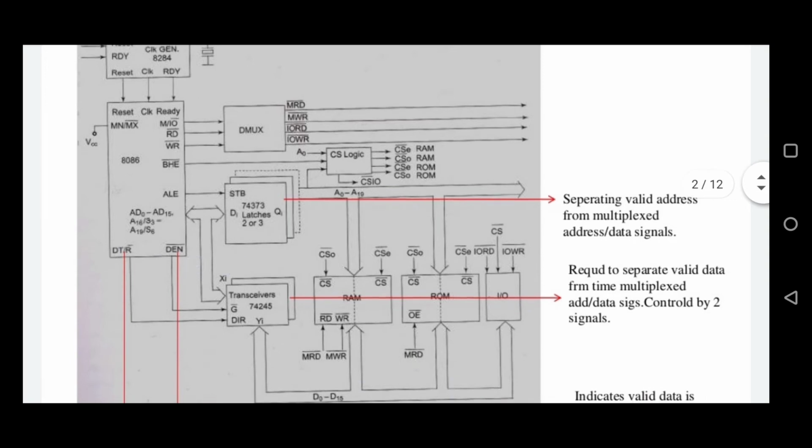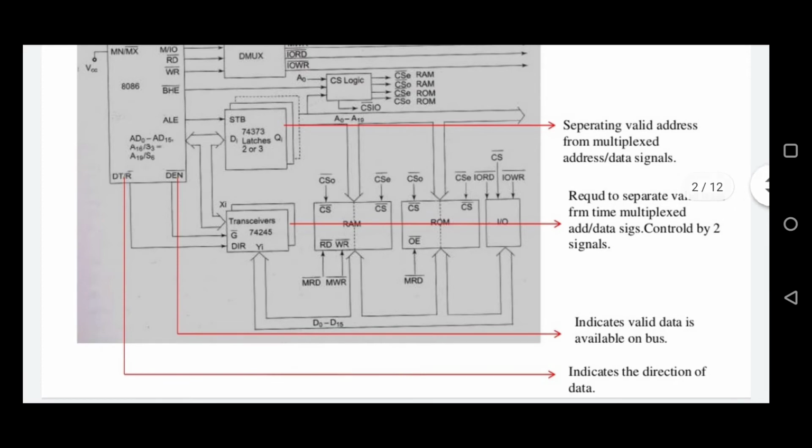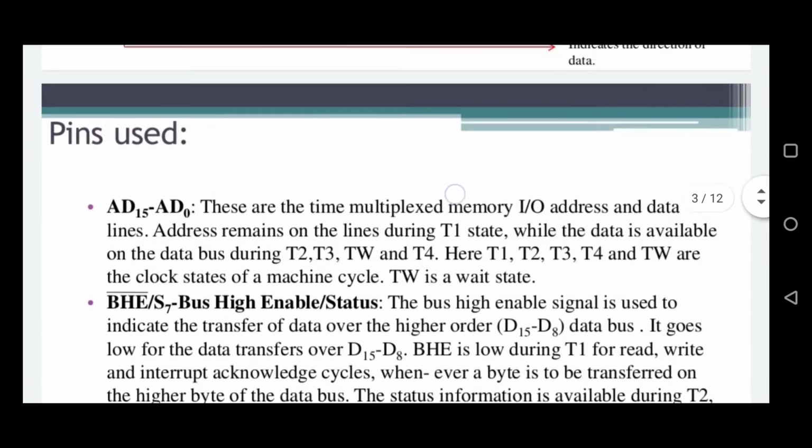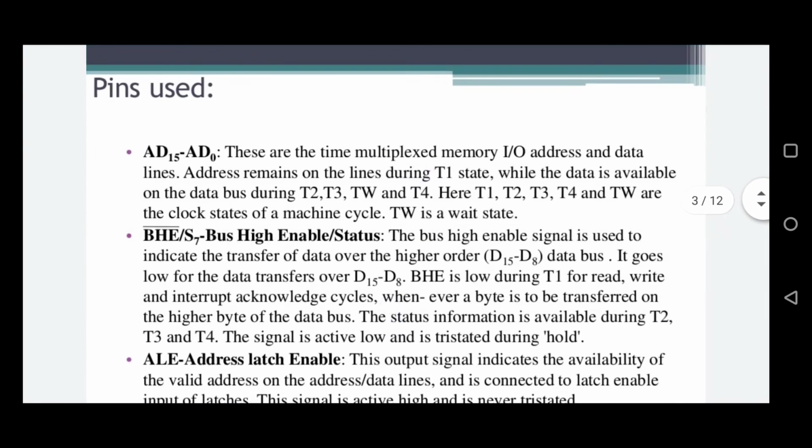And the RAM devices are there, and ROM devices are there, and IO devices are there. So this is the brief explanation about the block diagram, and it is also very simple. So coming to the timing diagram, here is the description of the pins which we discussed in